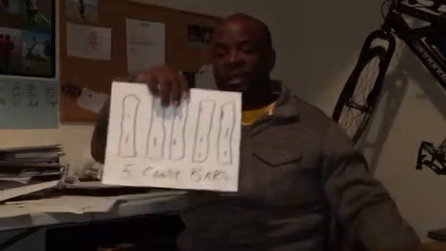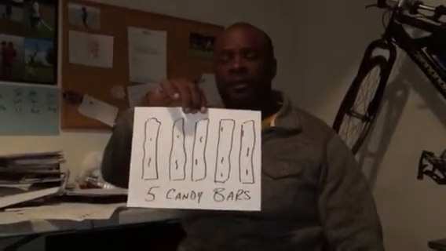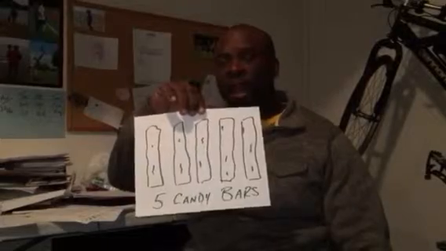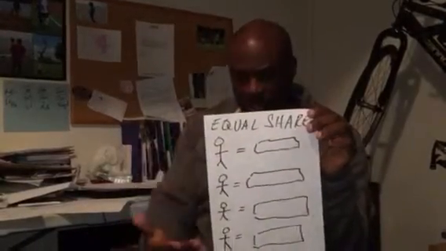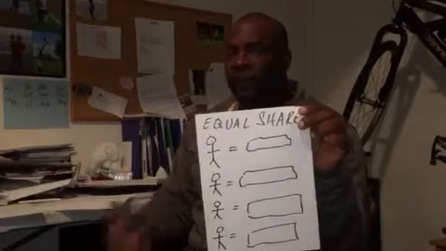Chapter 2 expounded on chapter 1 and equal share. What would you do if you had a similar situation where you have those same 4 children, but now you want to introduce 5 candy bars? Now equal share becomes a little bit different for that child. Obviously, they will still go back to their original concept of one kid receiving 1 candy bar each, and that would identify 4 of the candy bars. But that 5th candy bar, now you would have to do something a little bit different than their original concepts.